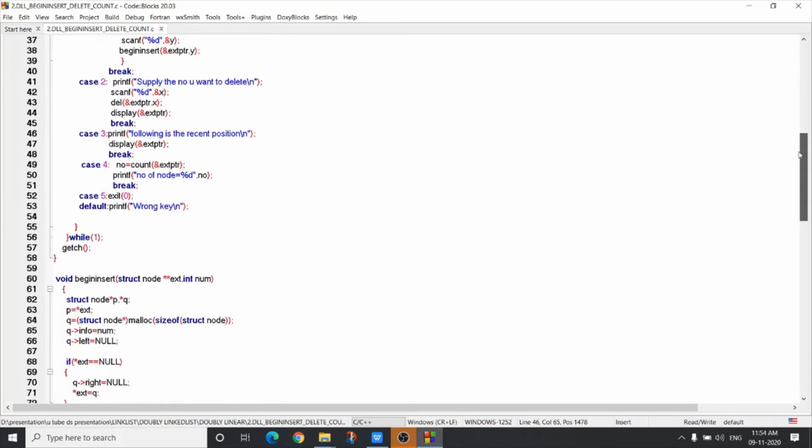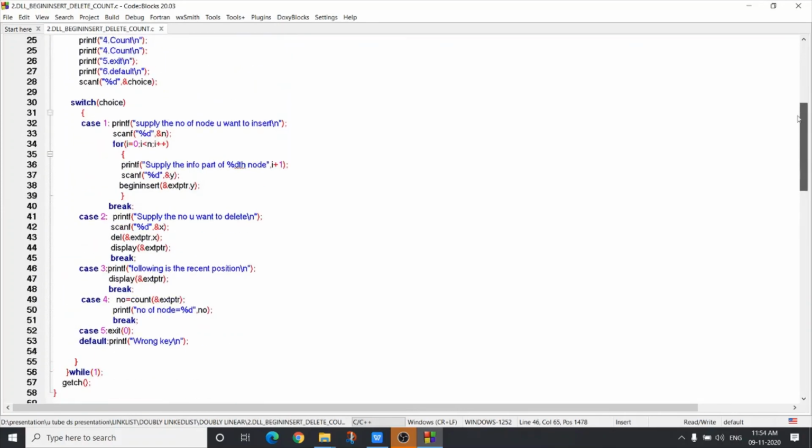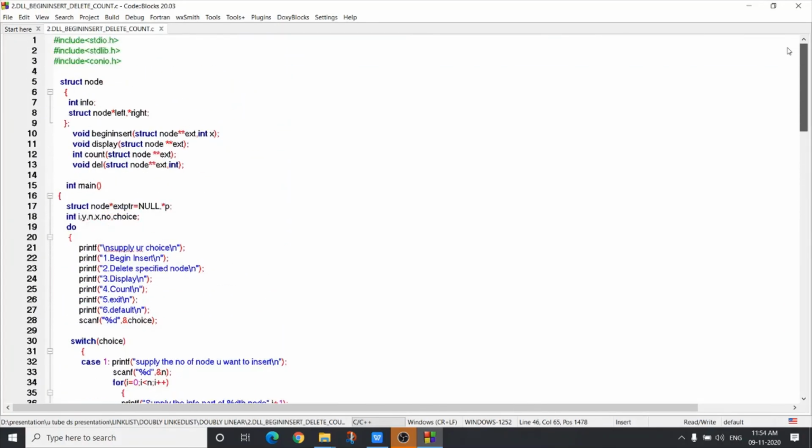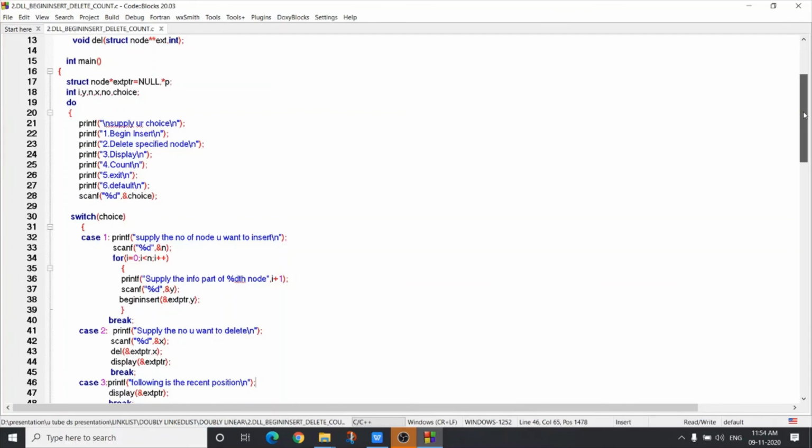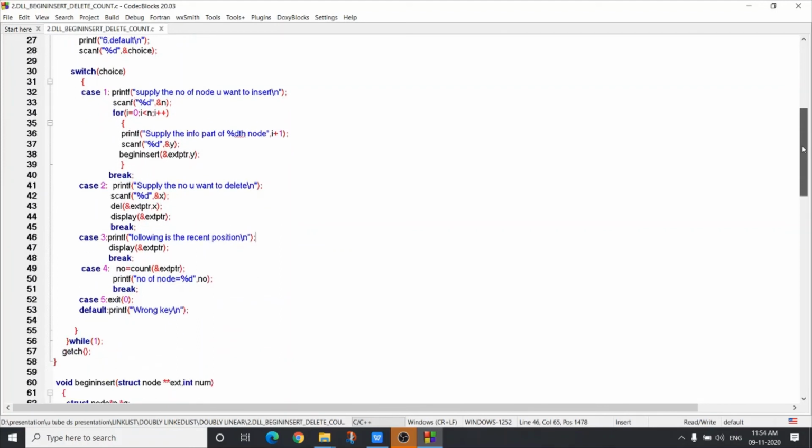Now I am showing the total program. This is the node structure. These are the required prototypes. This is main. This is the case control structure.